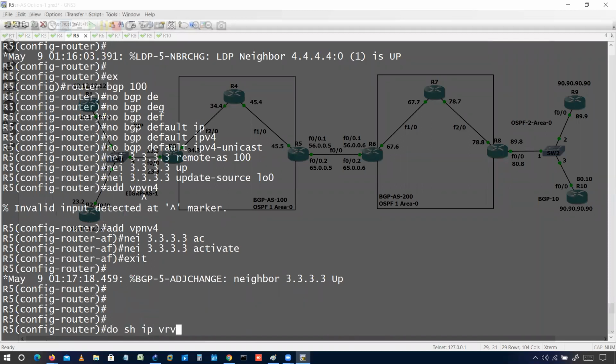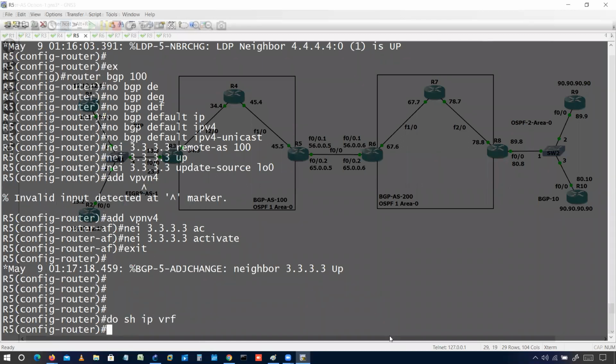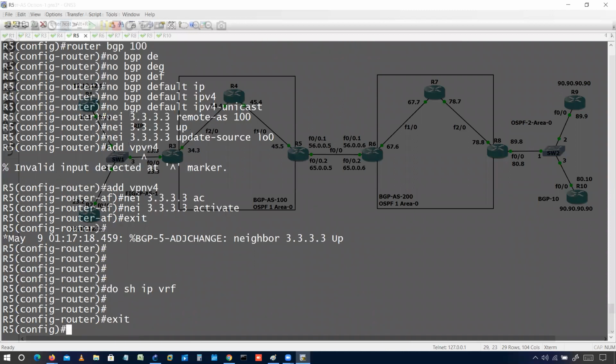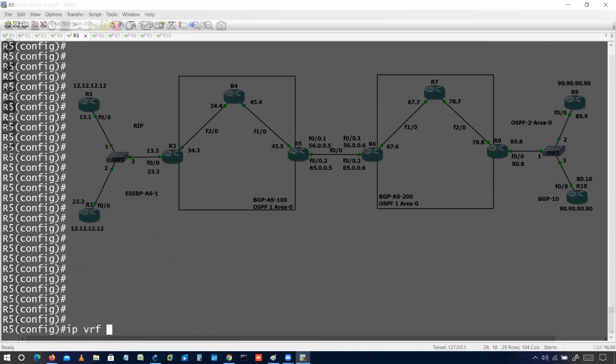Do show ip vrf. We don't have any VRF till this point. ip vrf customer A, RD value. Let me make it 5. No worries, I'll make it 50, because here we have to use a different RD value. Okay, so 50.